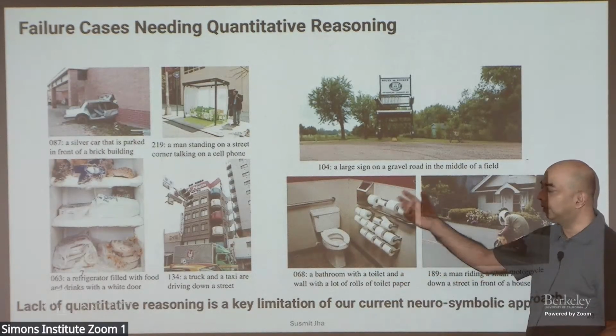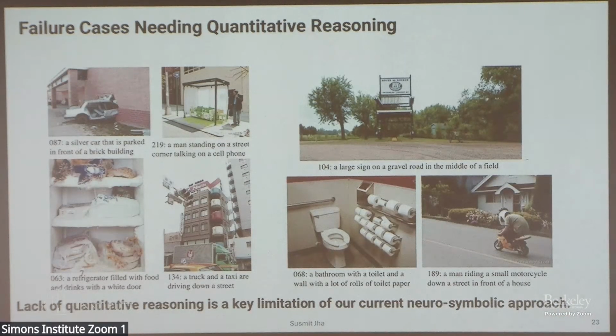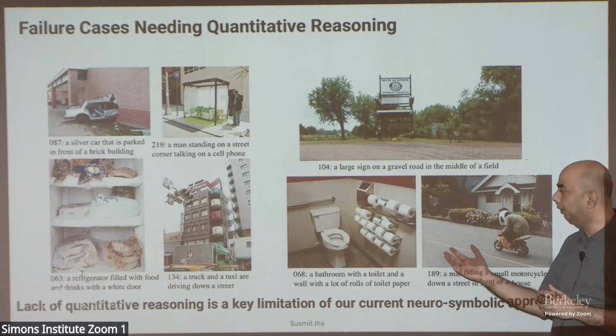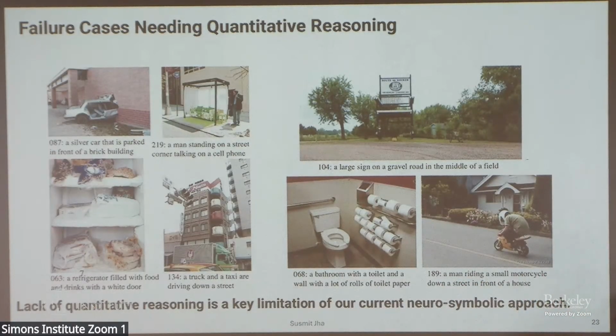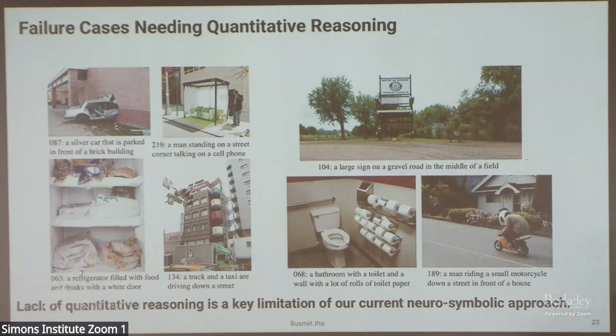But what's the question you're asking the vision language model? One of the applications here is situation understanding, where the question is not something that you know. You expect AI to be able to tell you that this is the situation and this is what I'm observing. Imagine a setting like ISR, surveillance and reconnaissance, where you deploy this system and you want it to tell you what is interesting that is happening out in the world. Any of these scenes will not look interesting to the architecture that I presented, because it's not capable of quantitative reasoning. It will look at all this and say, perfectly fine, there are lots of toilet papers. There's a man riding on a small motorbike, nothing surprising about this. But any human will look at it and say, well, this is surprising. This is something we have never seen before. It's something interesting that we should report.